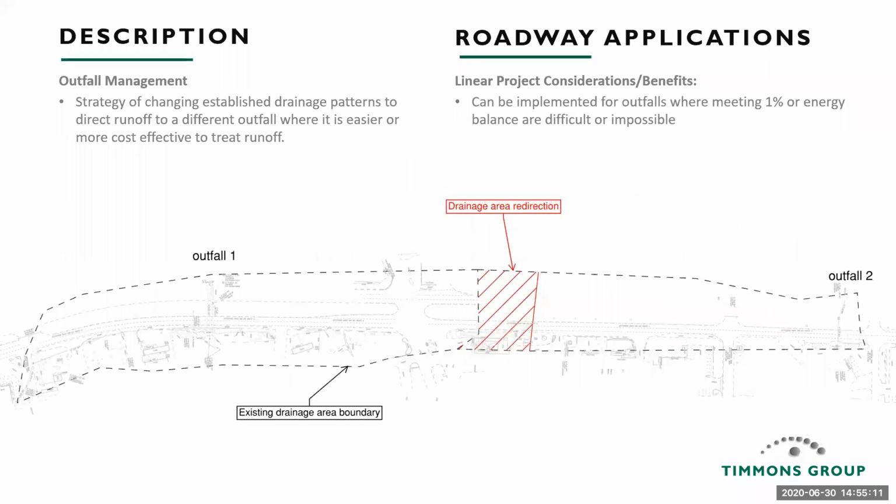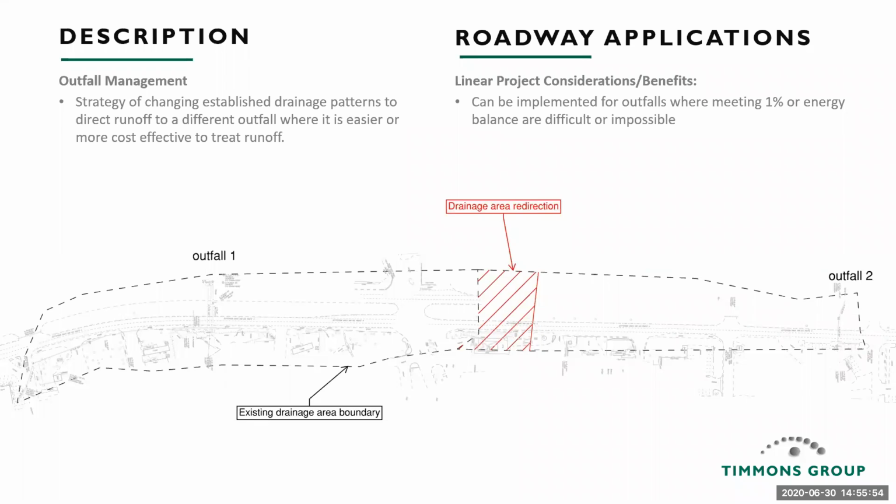Next strategy, we're calling outfall management, which essentially is robbing drainage area from one outfall and sending it to another. You would want to do this in situations where it's extremely difficult to meet water quantity attenuation due to cost or lack of space. In this image on the slide, this concept is illustrated by taking some of outfall 2's drainage area, which is the one on the right, and sending it to outfall 1, and that's that red hatched area you see in the middle. Outfall 2 would then meet water quantity requirements by having less of a peak flow from that reduced drainage area coming to it, where you would then require or put some sort of BMP in outfall 1.